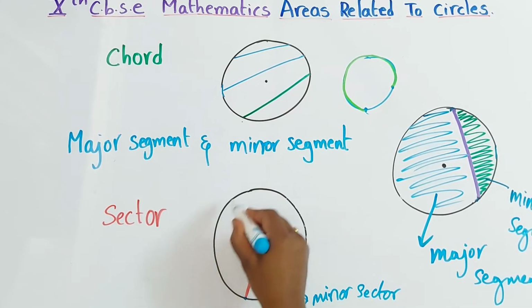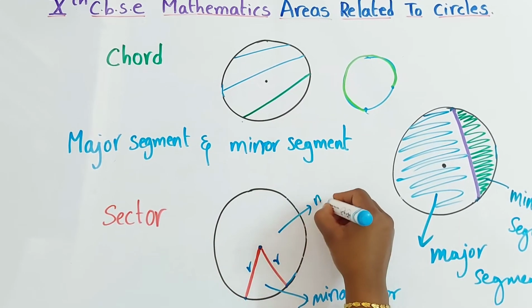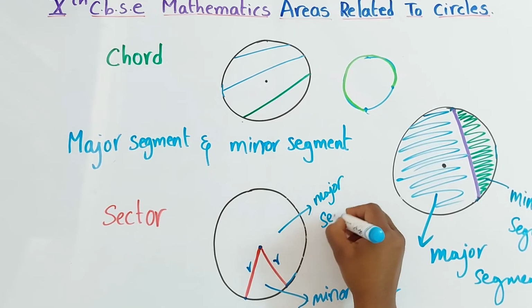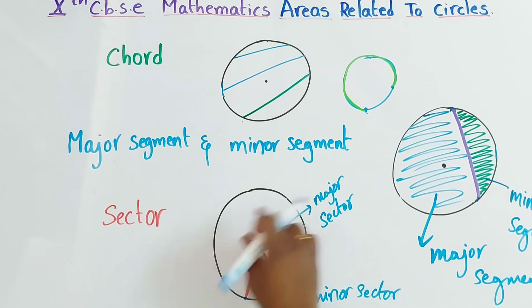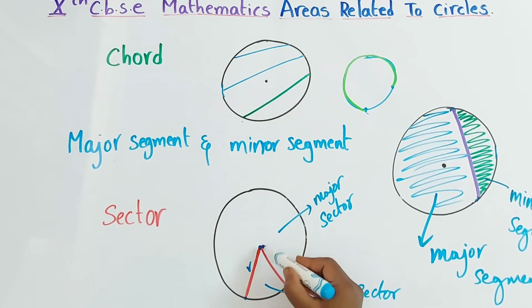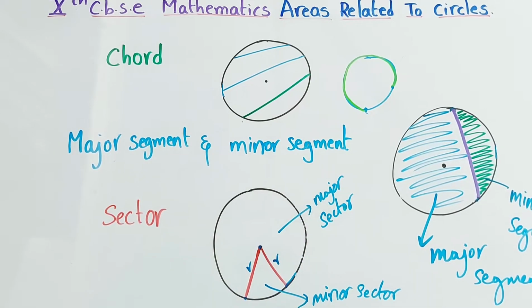Now see the same thing. Now this is another sector by major arc. That means it is called major sector. Right children? So this is minor sector and this is major sector. Now see here also we have two radius connecting to the center and this is also one arc, major arc. So this is called major sector and the smaller region, smaller portion is called minor sector. A sector is said to be a part of a circle made of the arc and along with its two radius. Correct children?